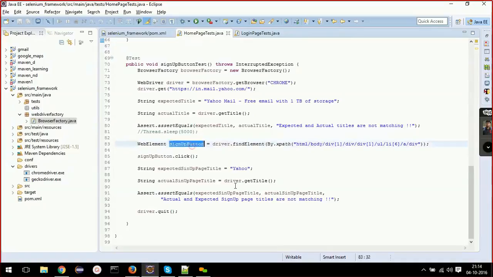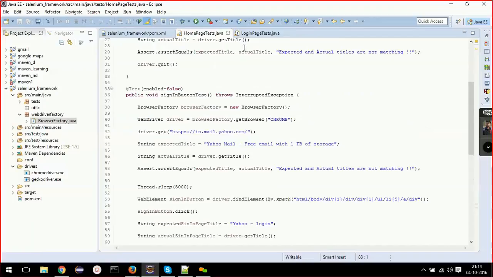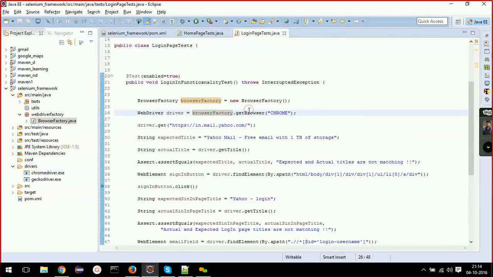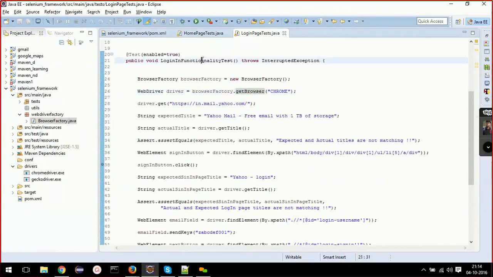Sign up button. Okay, this is about the first class. If I go to the second class, for testing the sign in functionality, that is login functionality,